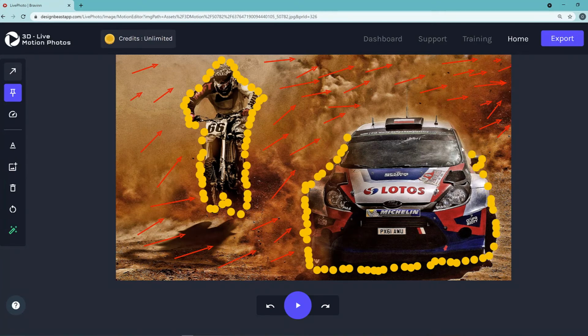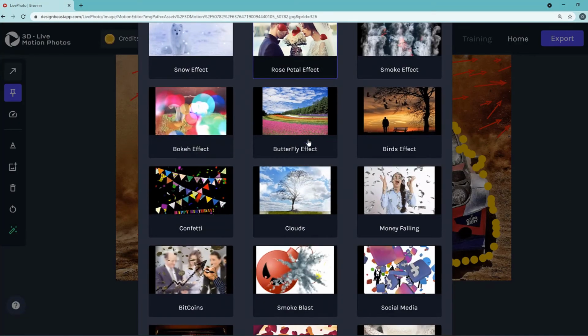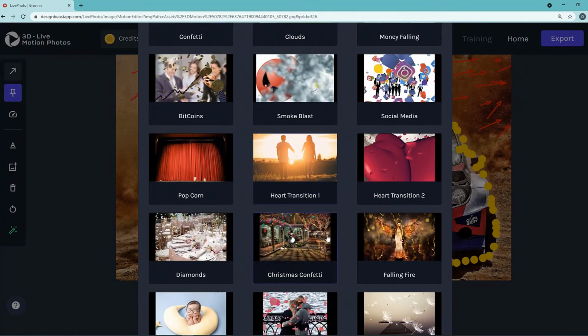And then once you've done all this selection, it doesn't have to be picture perfect. The app automatically detects that you edged it out like so. Then that's it. Once you've done that, you're good. You just set the animation speed. And then you can even add the effects you want, like confetti, clouds,